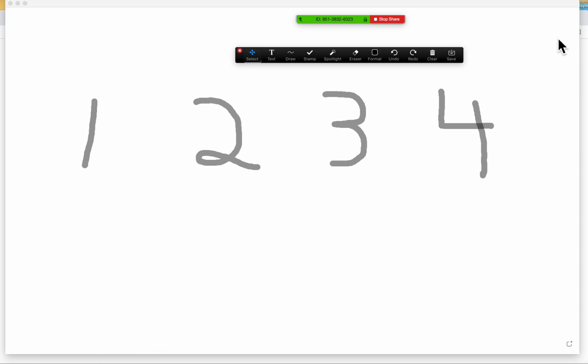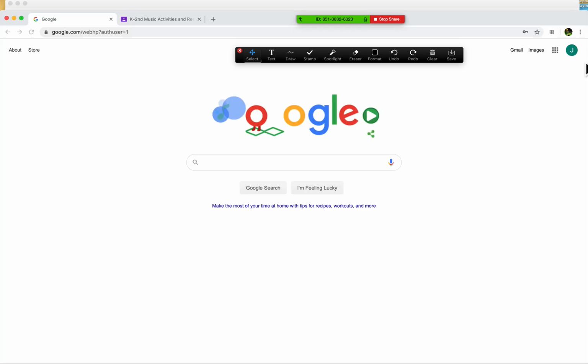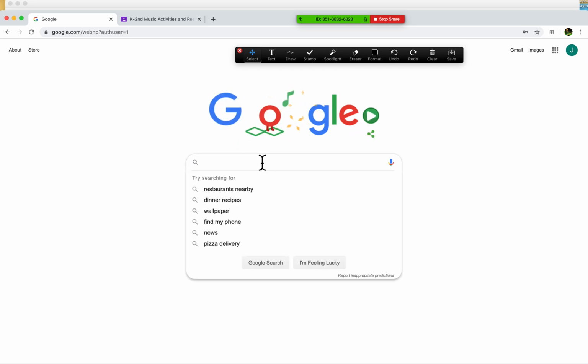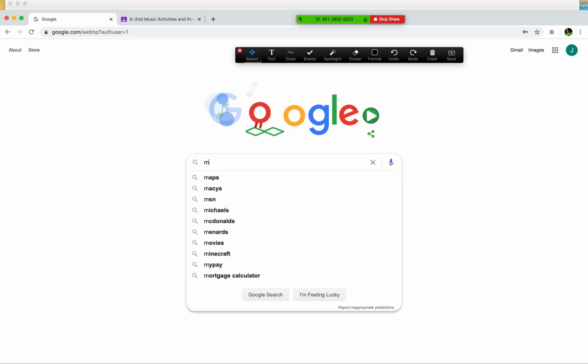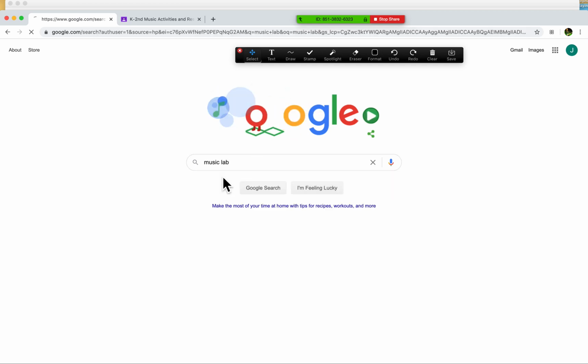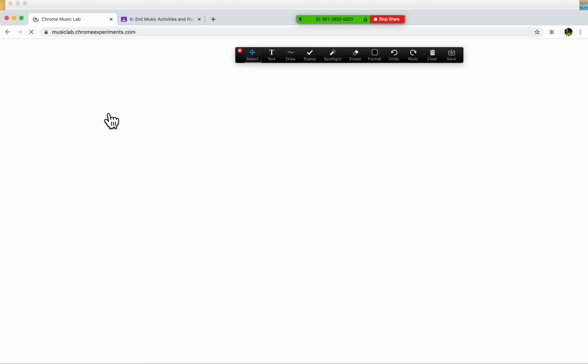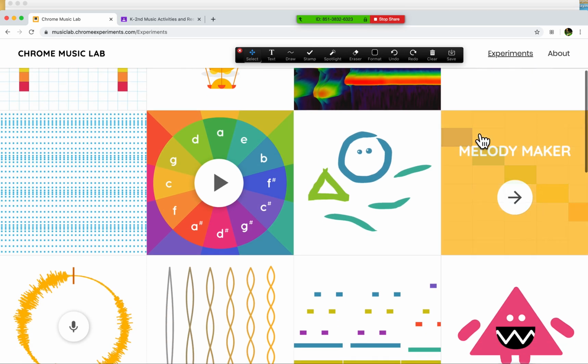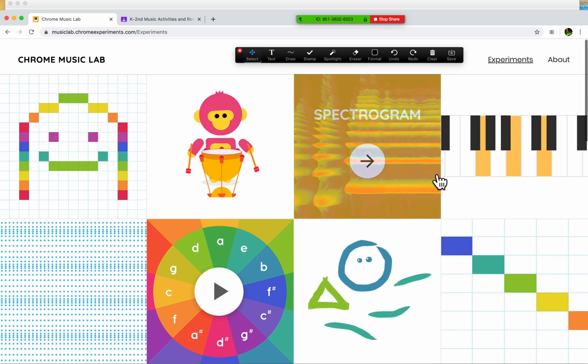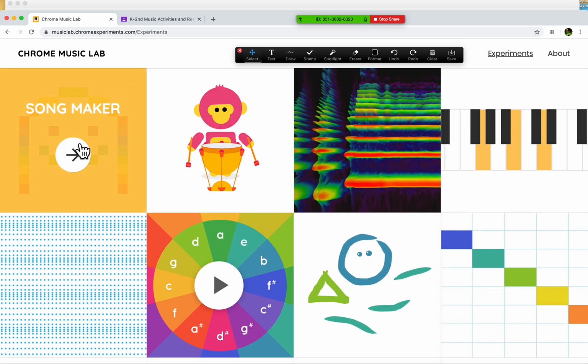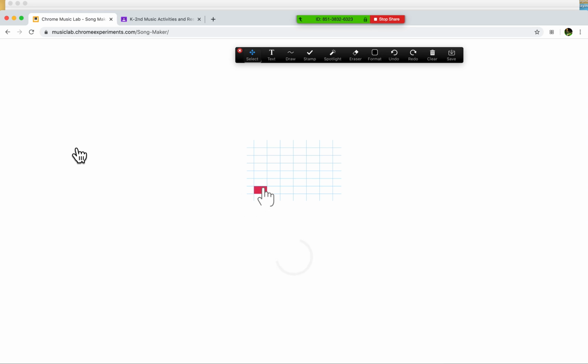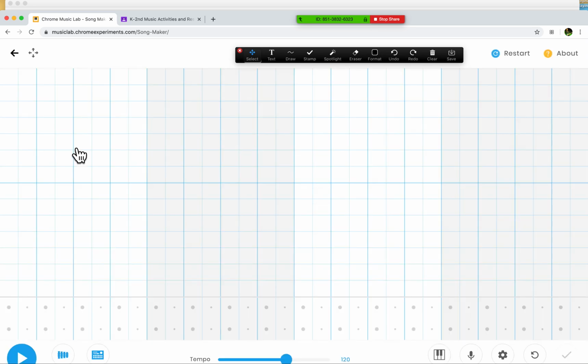Now, if we do what we did before in the first lesson and we go to Google and open up Music Lab, from a computer or a tablet or a telephone or anything like that, anything that can find Google should be able to find Music Lab. If I go to Chrome Music Lab, and I hope that you already have done this, and I hope that you've been exploring it. And today, if you go to Song Maker, which seems to be some people's favorite,